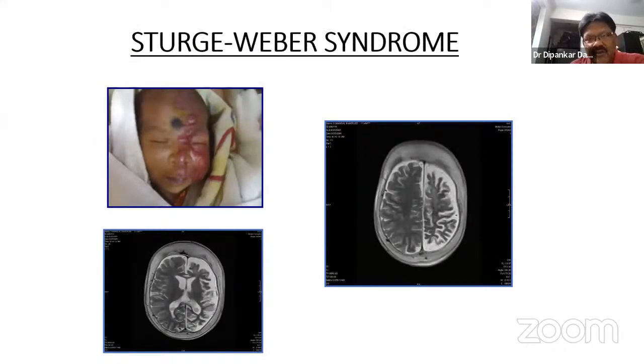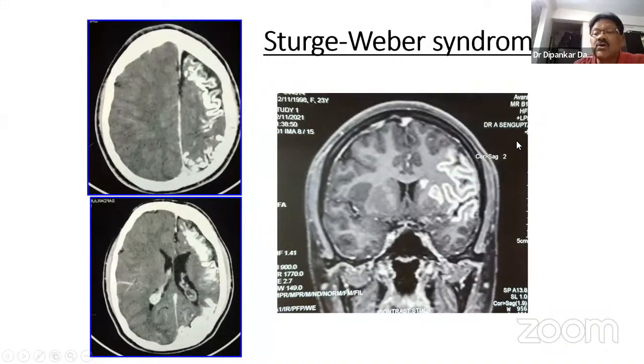And these are neurocutaneous syndromes. I will not go into the details because I think tomorrow there is another session on this. But this is Sturge-Weber syndrome. These are all malformations of the brain associated with cutaneous disorders like this. In the same trigeminal area, you can see atrophy of the brain, and there are some encephalomalacic changes in the white matter, and calvarial thickening. If you see the contrast MRI of another patient,